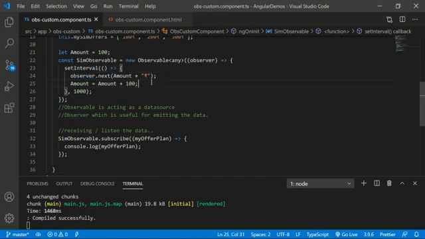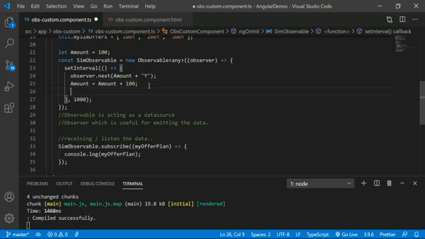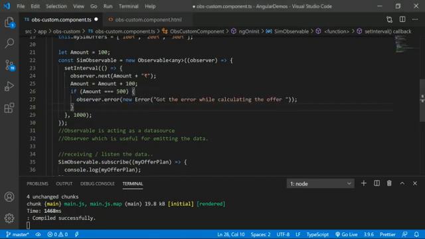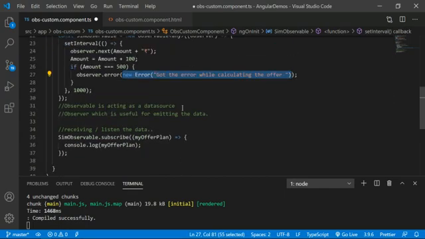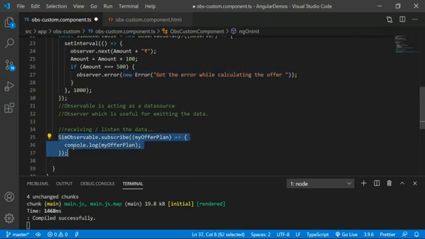So if you write the logic that if my amount is near 500, I want to send the error to my subscriber. Still my subscriber doesn't have the error or complete related logic right now.